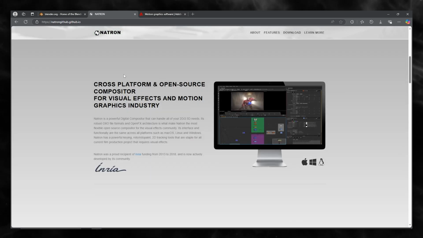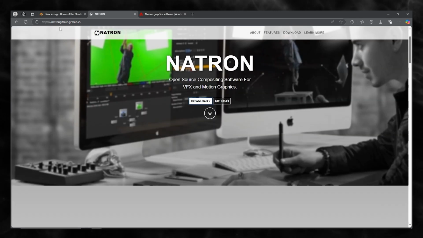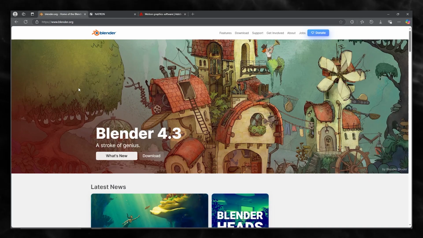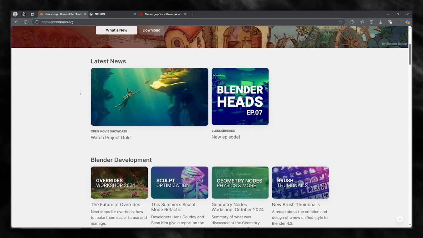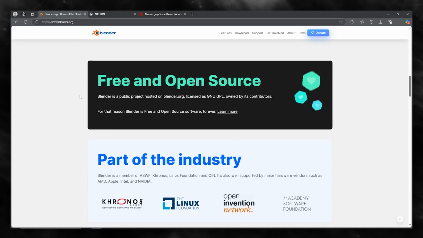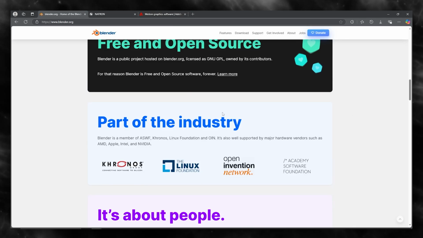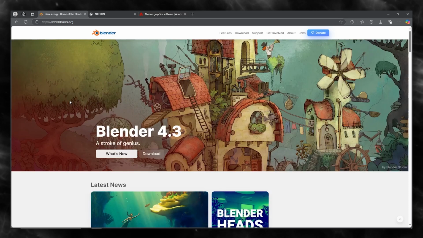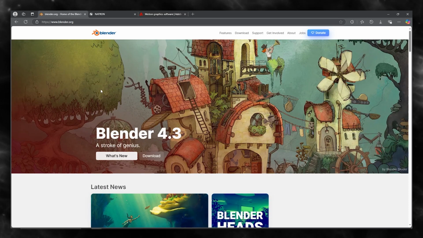Now, the second alternative, you all probably knew this was coming along, was Blender. Now, Blender is more of an animation software than motion graphics, but for the features it gives you, for the effects you get, and the fact that it's free and open source, you can use it as a great alternative for After Effects. Now, After Effects does specialize in motion graphics for lifetime videos, but you can apply that through